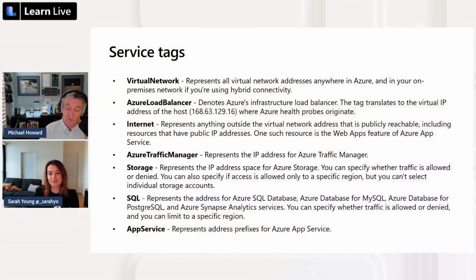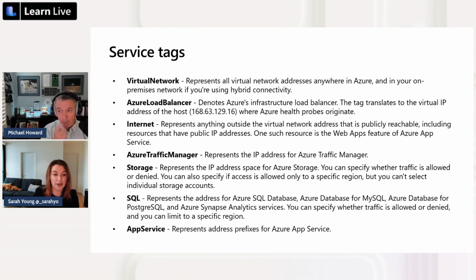Whereas the service tags, well, it's like the old adage in computer science, right? Every problem can be solved with another level of indirection, and that's exactly what this is. So this is what service tags are. So remember, it's not just Cosmos DB. It could be Cosmos DB Australia Central, or East US, East US 2, or something like that.